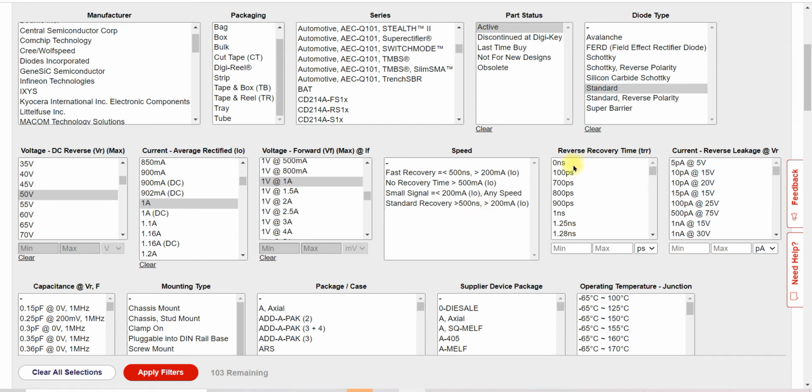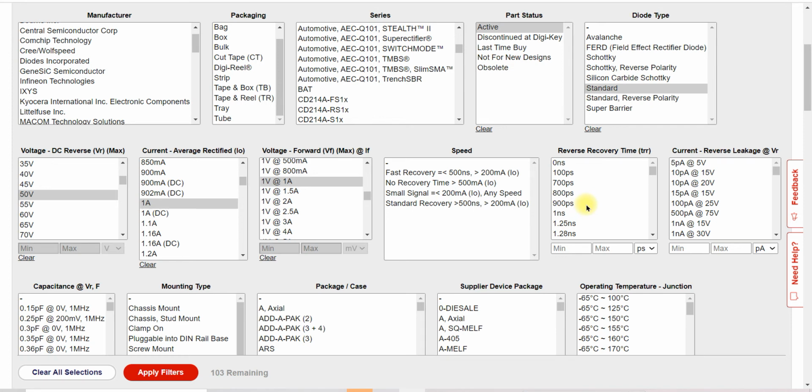Now the reverse recovery time. What is the reverse recovery time? When the diode goes from on condition to off condition, it takes some time to make that transition. This time is called reverse recovery time. It should be minimum, but it is not.